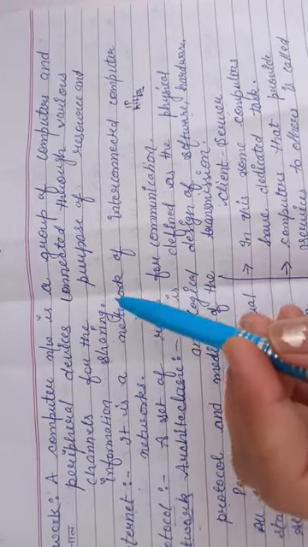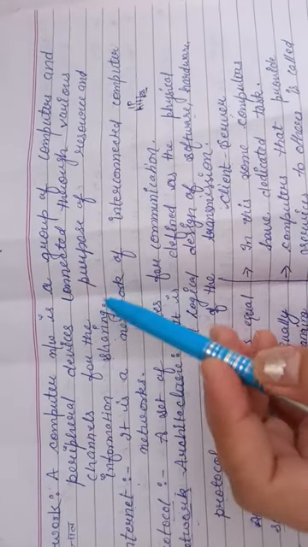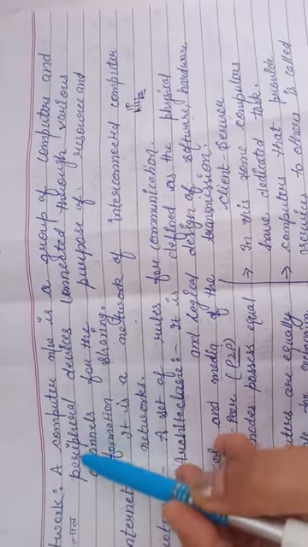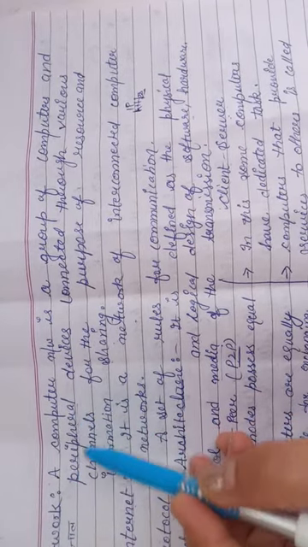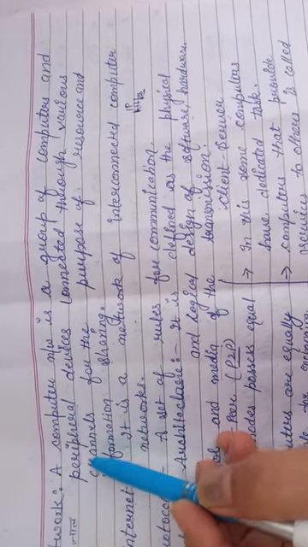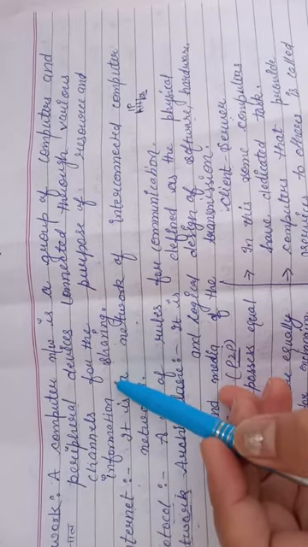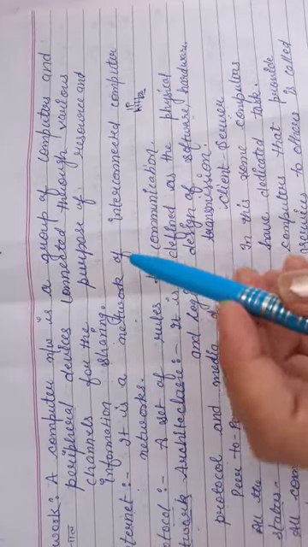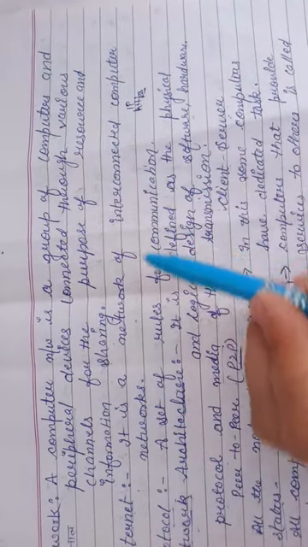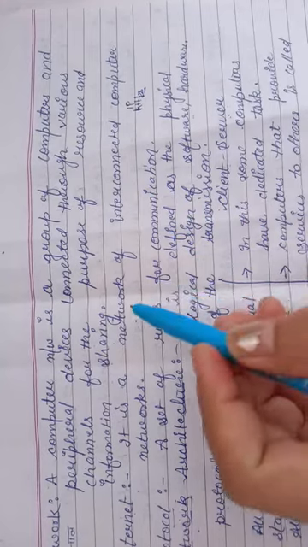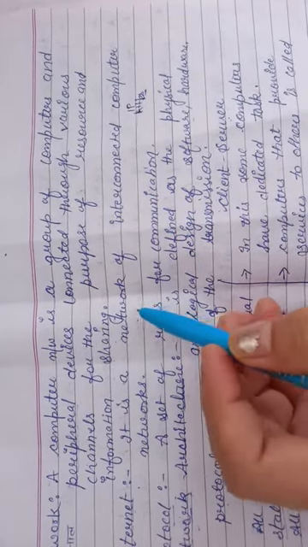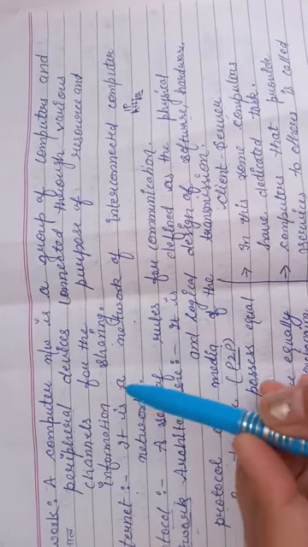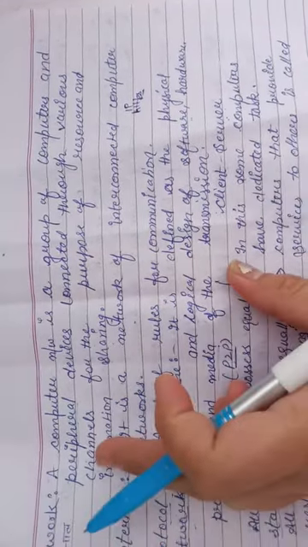So network क्या है हमारा? Group of various computers and peripheral devices. Peripheral means external devices, or we can say computing devices that are connected through some channels. For what purpose? For the purpose of resource and information sharing. Resource sharing means we can share various devices, like we have one printer with 20 PCs, so that is resource sharing. So for the purpose of resource and information sharing, we frame the networks.